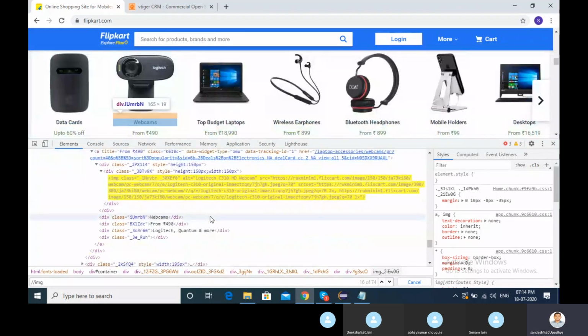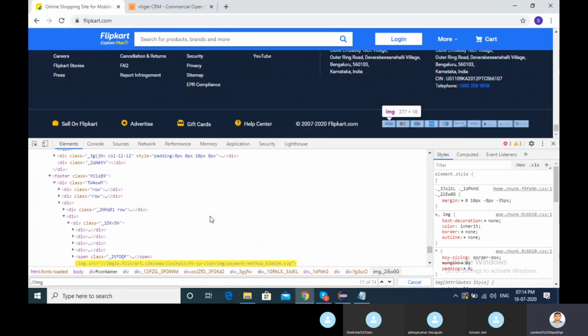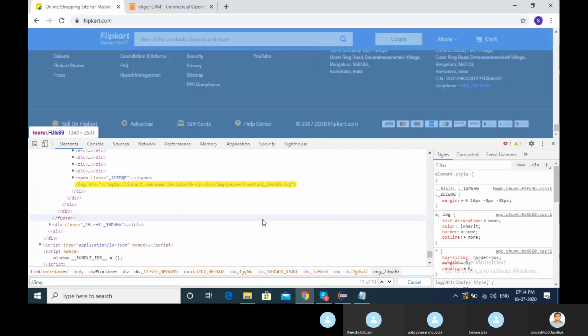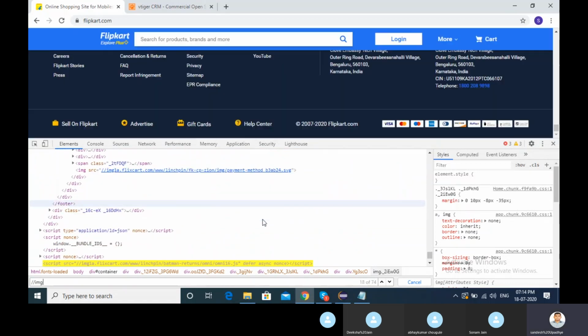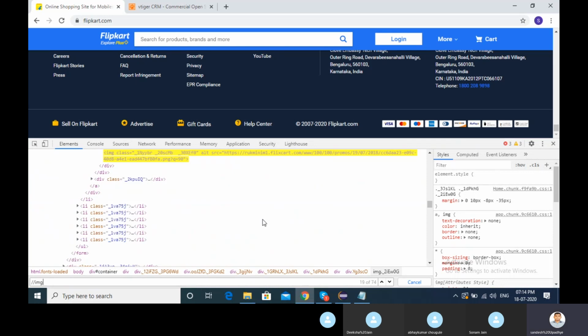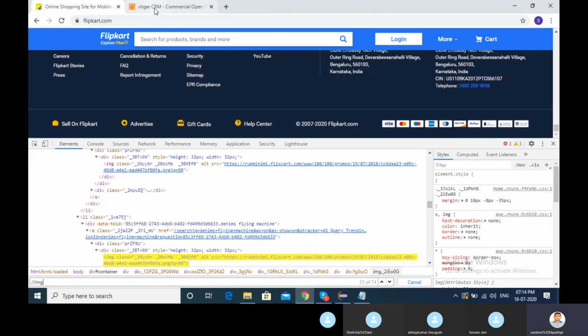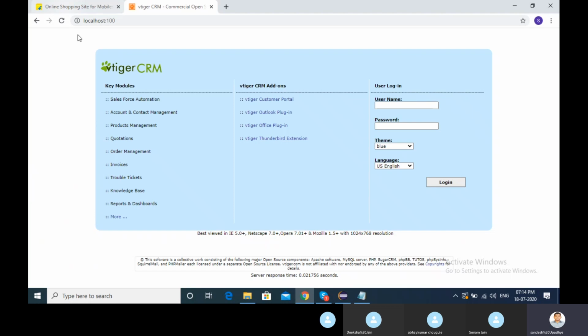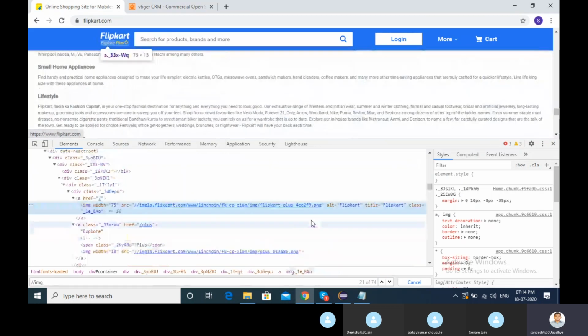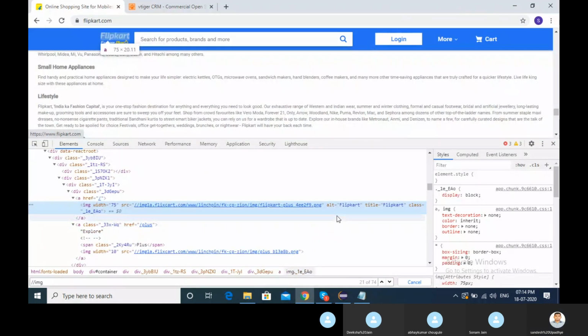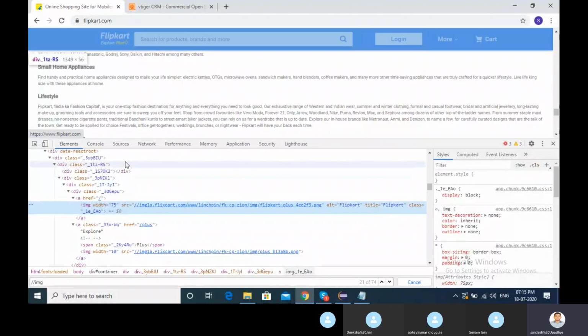I'm searching for something which has an ID, name, or class that is very short. Okay, let me find this one. Okay, look here.